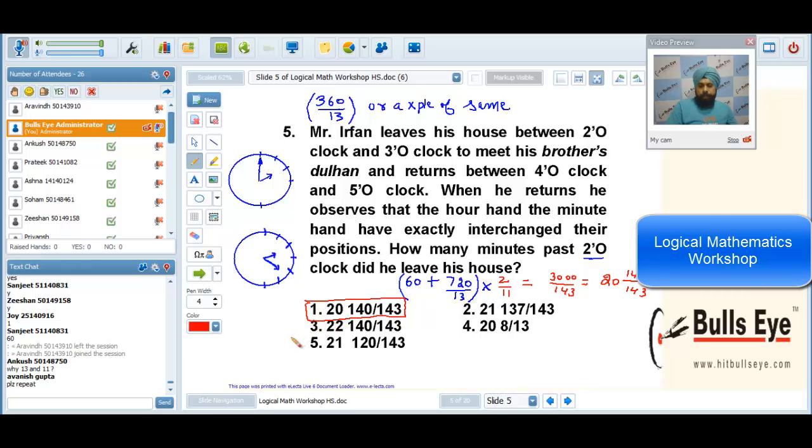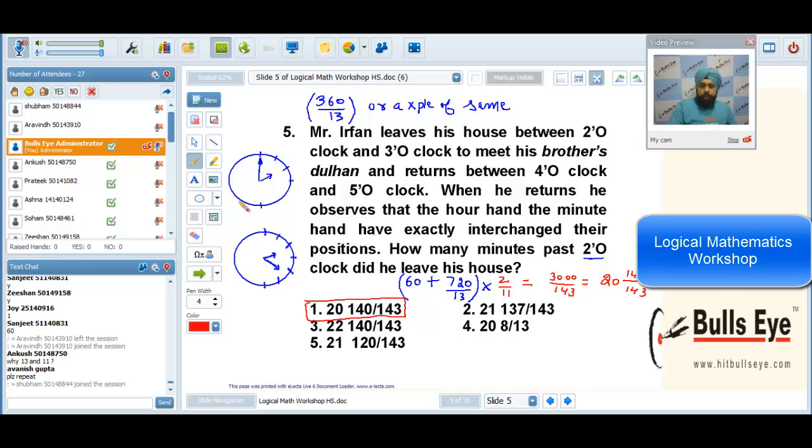The first thing, Ankush, I'll tell you, the first thing that we take into consideration is that if it's a gap of 1 hour, it will be 360 by 13. If it's a gap of 2 hours or 3 hours, we'll multiply it by 2 or 3 respectively. Now guys, the reason about this 360 by 13 is very simple. See, if you want to generate that,